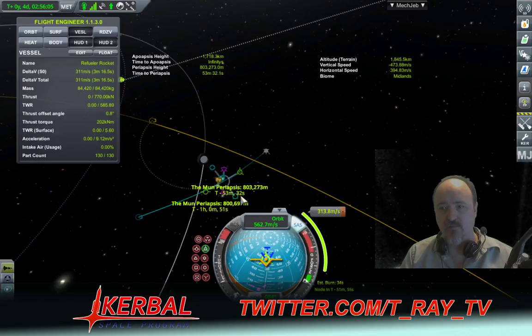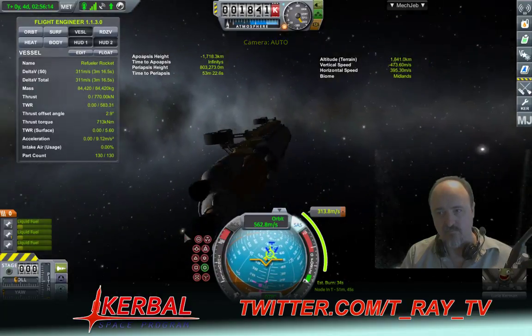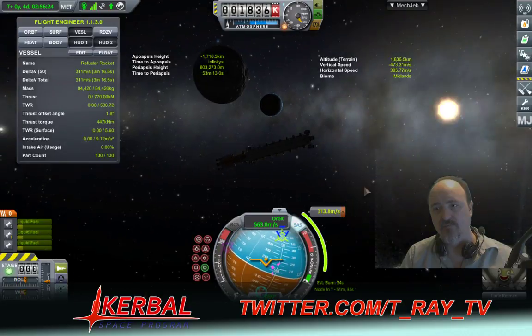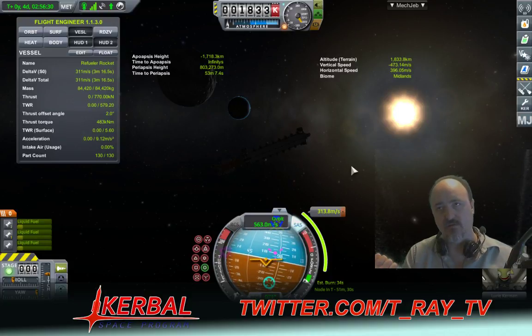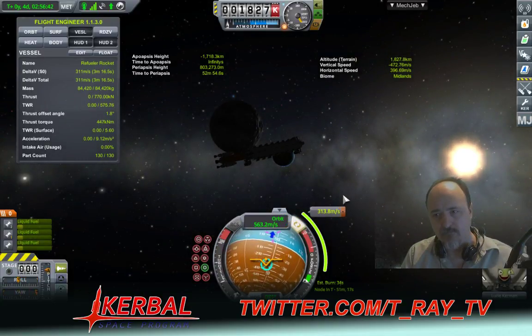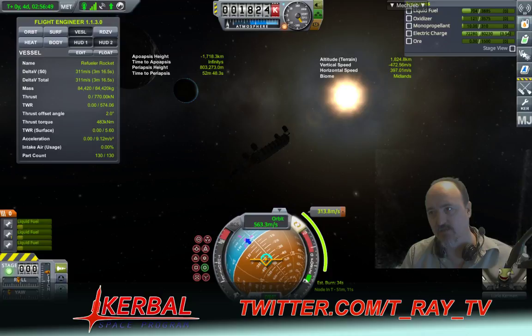I think we can orient radial in. See the planetoid? Yeah, there it is. And orient radial in. And then have the top of the vessel pointed retro. And do a K-burn or with the RCS. But we don't have that much monopropellant left anyway, so...